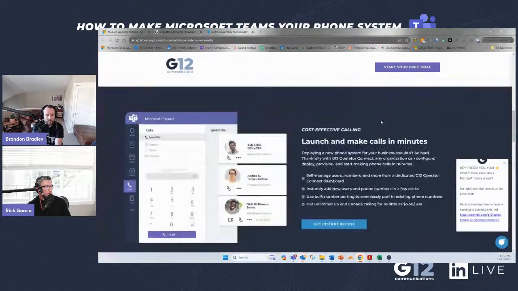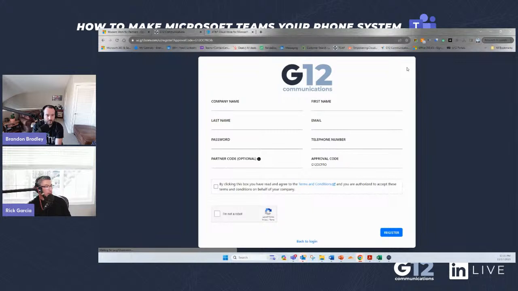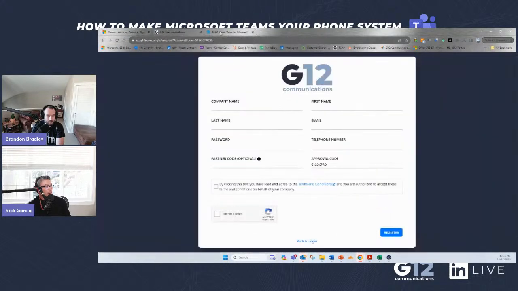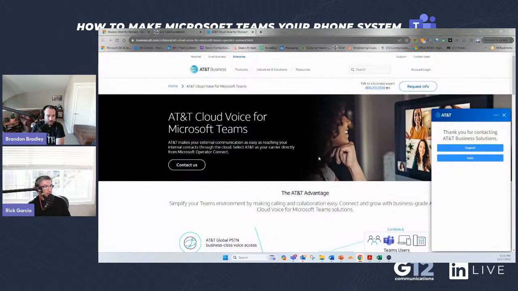But there is this button at the top to start your free trial. You click on start your free trial, and you can just kick this off and get going right away. So there is a difference if you're sorting through who you're looking for from an Operator Connect perspective. I guess you would go down here and you could choose your carrier, and in some instances, particularly if you're in a hurry,